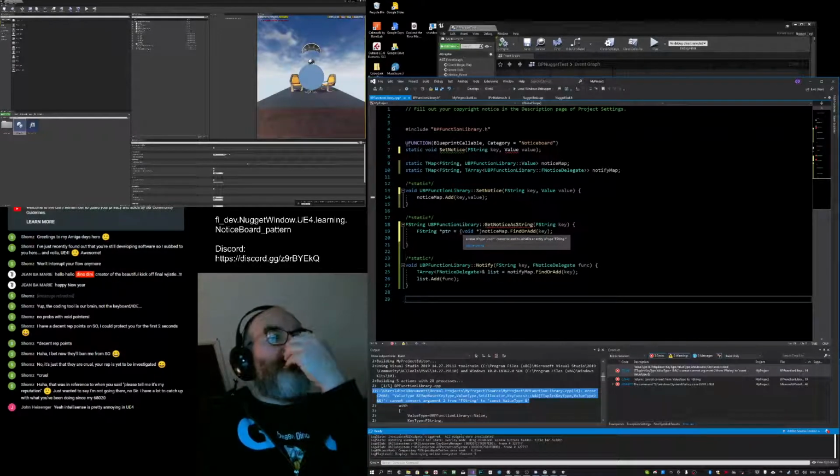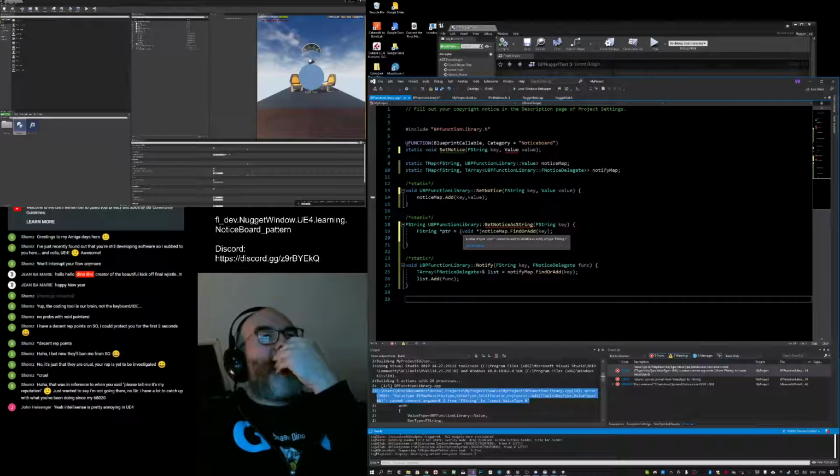Oh, that's interesting. A value of type void star cannot be used to initialize an entity of type F string.